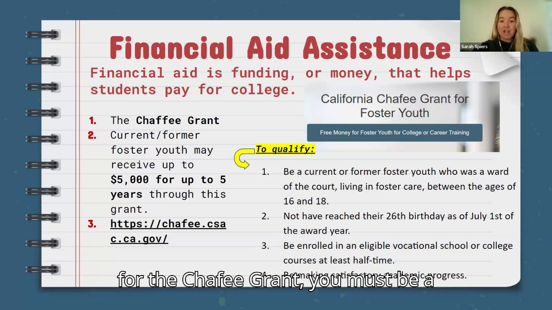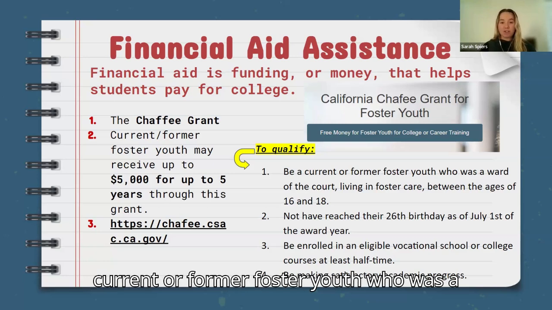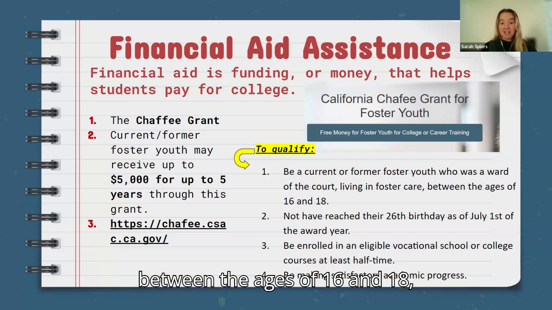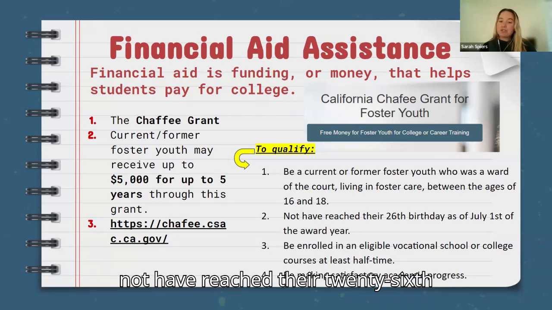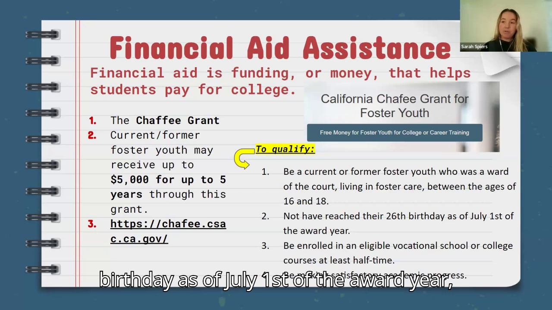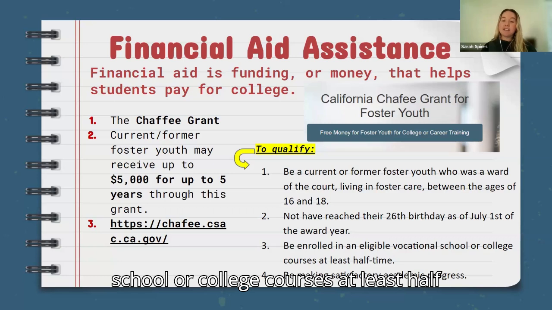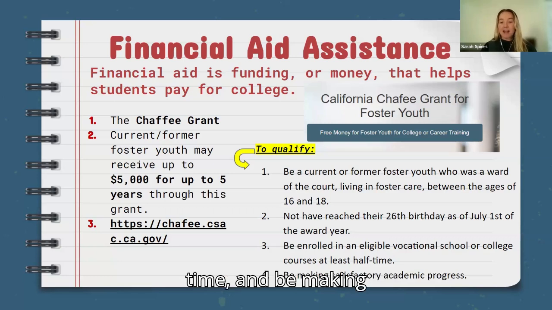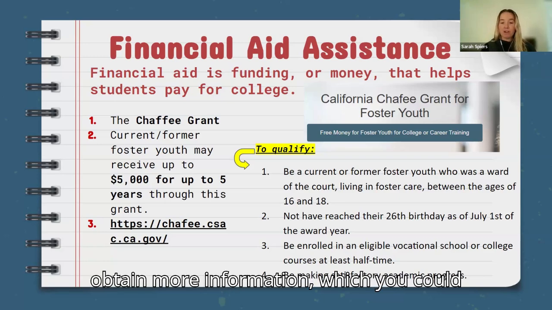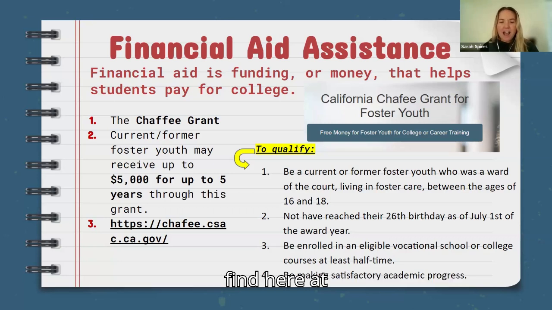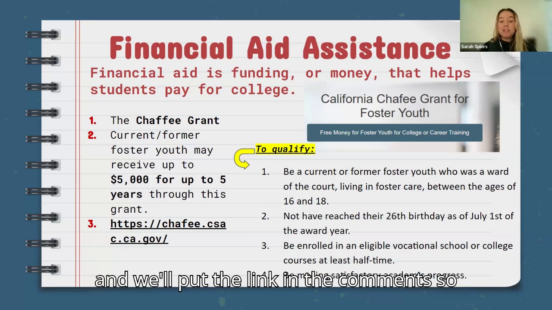To qualify for the Chaffee Grant, you must be a current or former foster youth who was a ward of the court living in foster care between the ages of 16 and 18, not have reached their 26th birthday as of July 1st of the award year, be enrolled in an eligible vocational school or college courses at least half-time, and be making satisfactory academic progress. Check out the Chaffee Grant website to obtain more information, which you can find at chaffee.csac.ca.gov. And we'll put the link in the comments so it's easy to access.